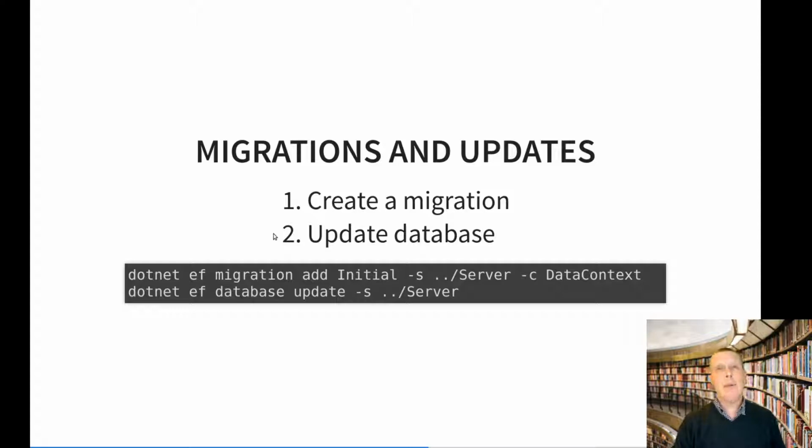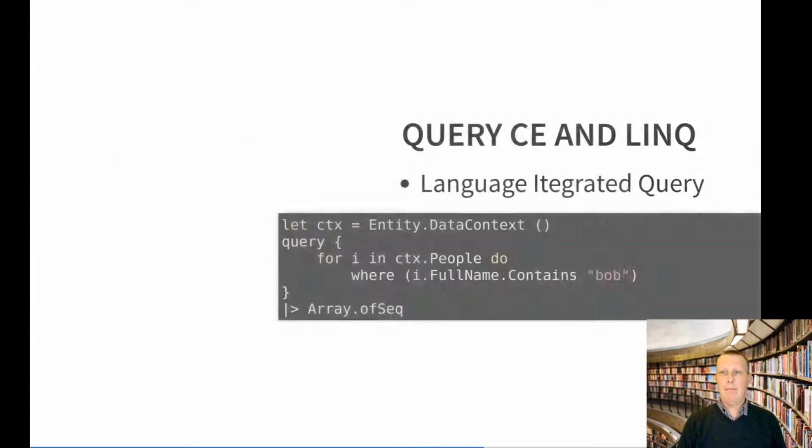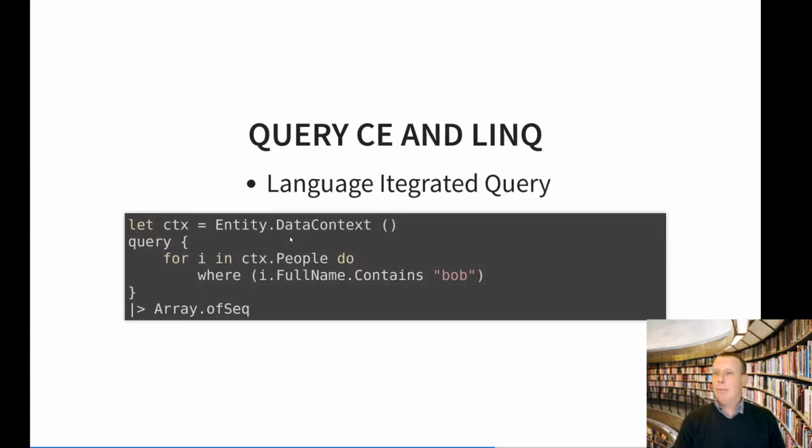In this example, we're going to be using SQLite because I don't want to bother with servers and setting up permissions and the containers and what have you. So we're just going to have a database in a file. Running this database update will create the database file in the server directory and set up the tables in there. Now we have a database. So now we can go back to F#